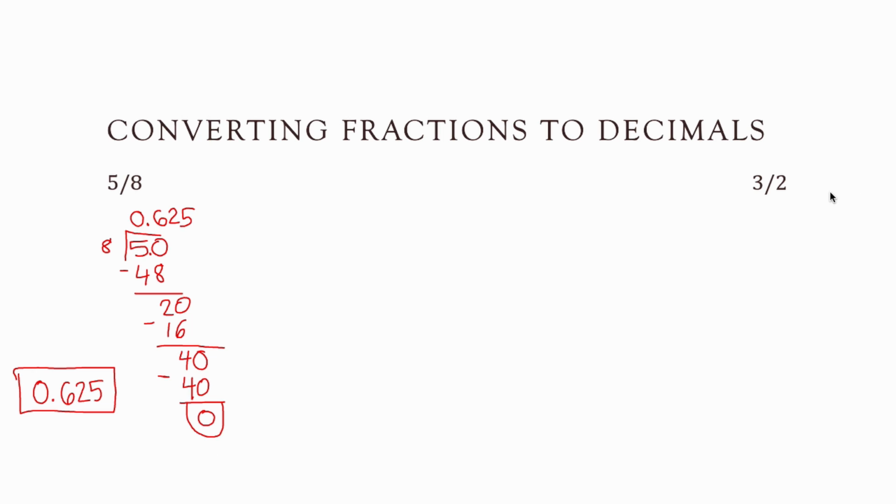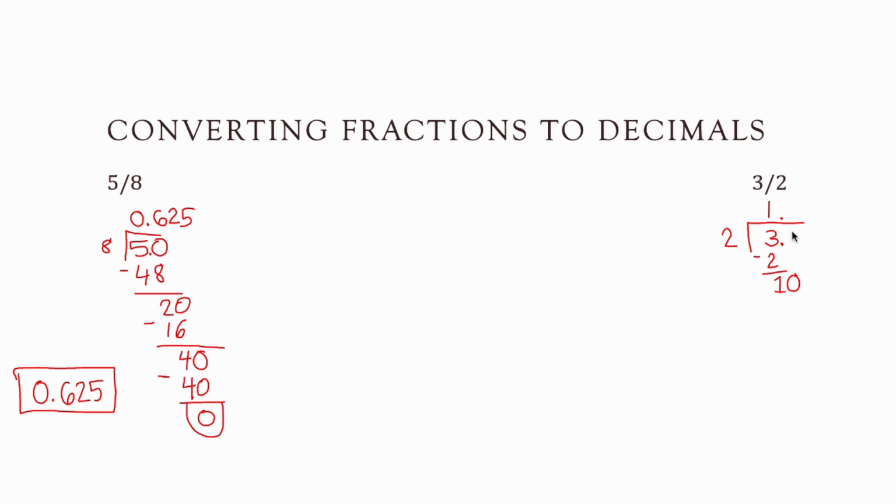Alright, let's do the next one. 3/2. Now this is an improper fraction, which means our answer is going to be greater than 1. So let's do this. Let's put 3, 2, because 3's our numerator and 2's our denominator. So let's do this. 2 goes into 3 once, giving us 2. And we put the decimal point here, just to make it clear. We get 1, add a 0 at the end,